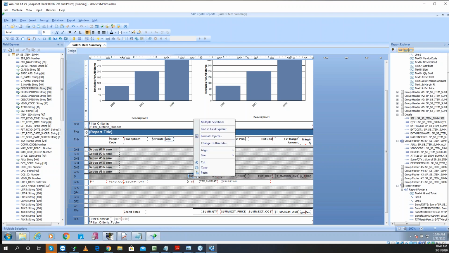So I'm just going to right click. And the difference in the Doc Designer and Crystal is in the Doc Designer, it matters what field you click on first. In the Crystal, it doesn't. You right click on the field you're anchoring to. So I right click on the actual size field and say align left, it just aligns left, right? And then if I move this over,